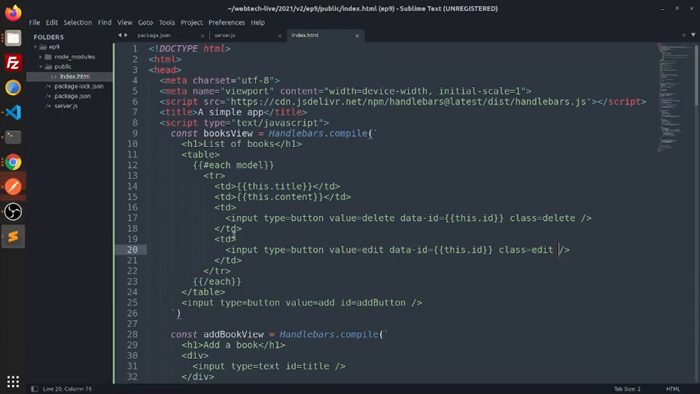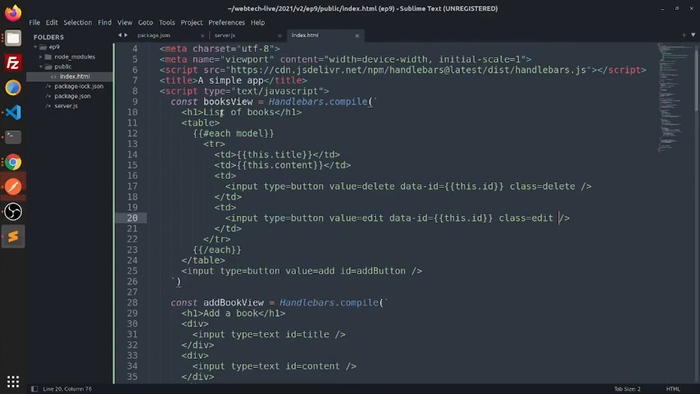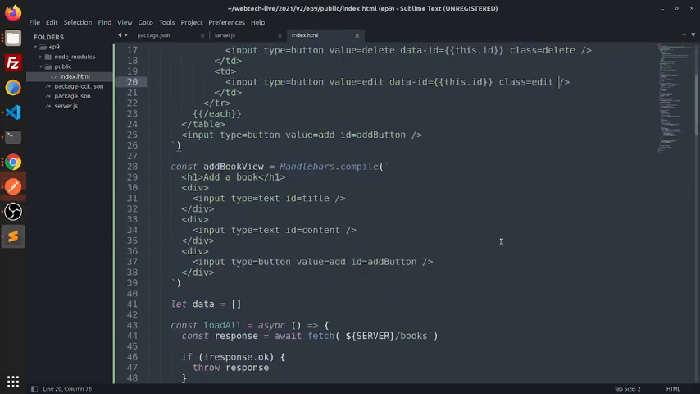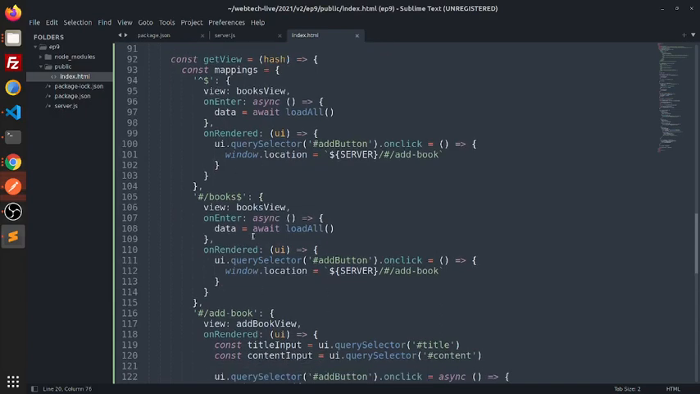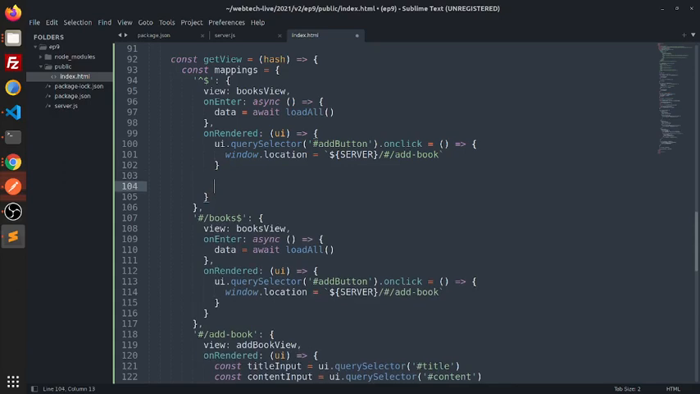Right, now obviously since I have to click on them, and this is a DOM view, I have to go back to onRendered for books view and add handlers to them. So let's go back to onRendered. Like I said, unfortunately, this is duplicate, but you know. So there's more than one of them. So query selector all of delete,